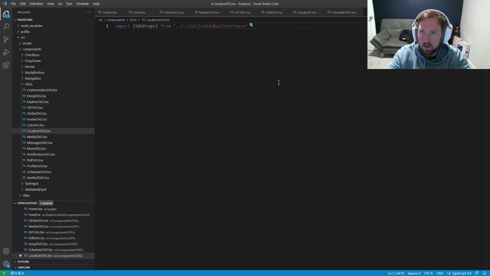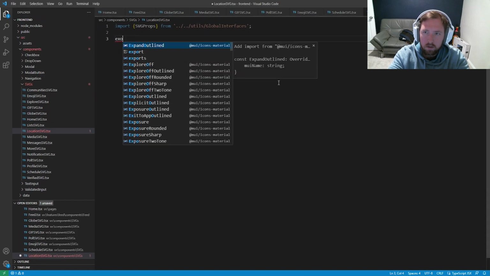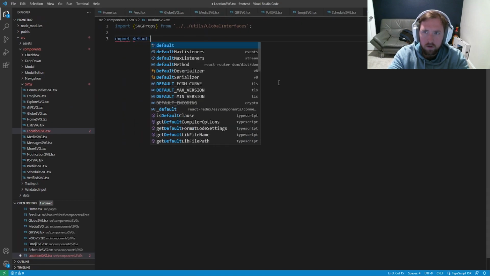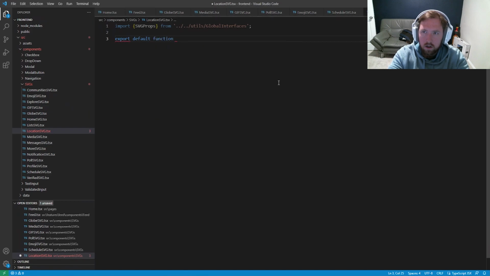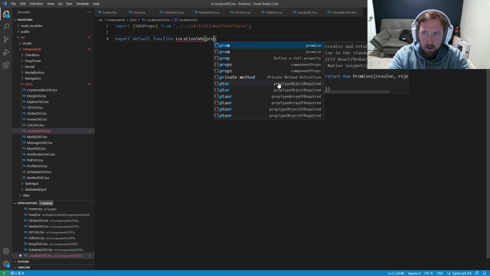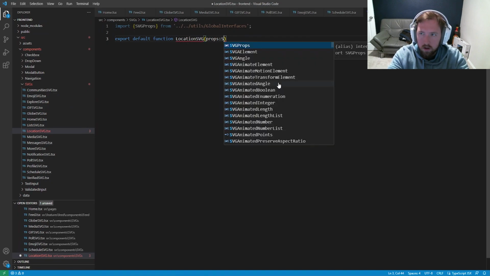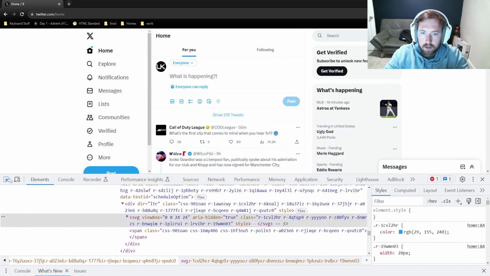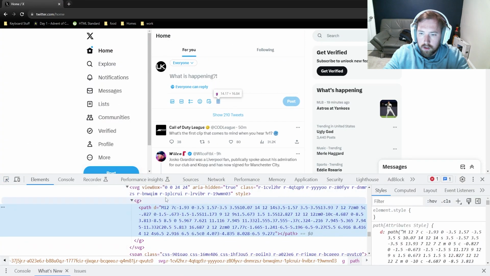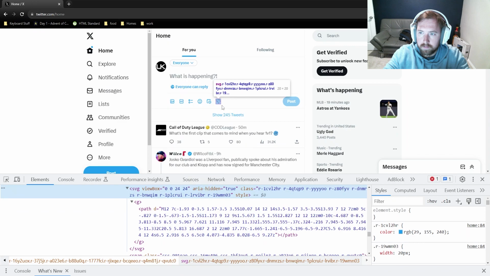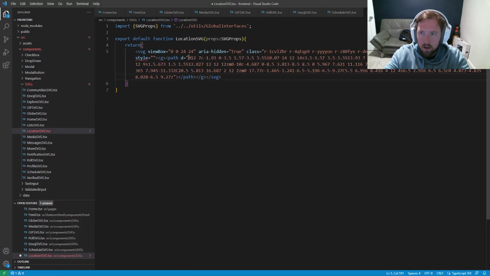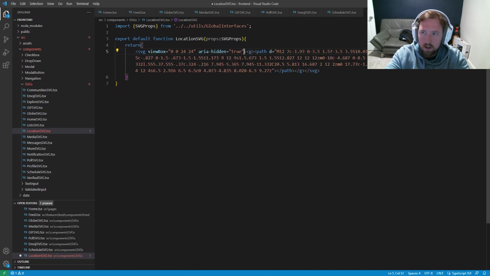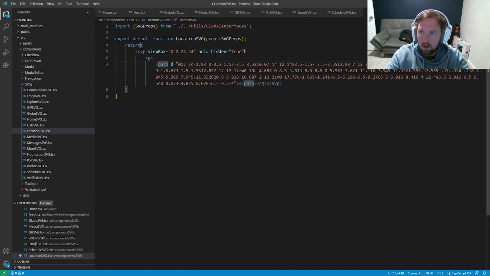/global interfaces, and export default function. This one is called LocationSVG. Sure, I spelled something wrong in here, so we'll see what happens. SVGProps, return. We'll get our location icon, final one, so location one, and copy the svg and paste it in there. Get rid of all the styling and class that we don't need. Got our G, got our path,